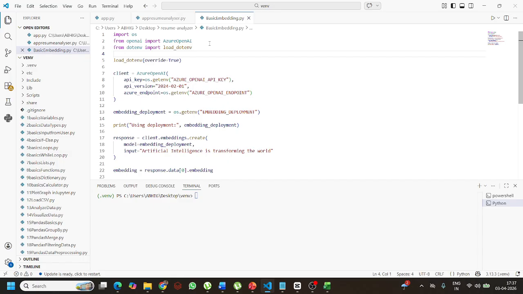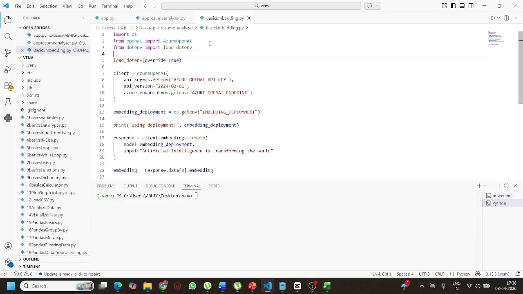That is the load_dotenv file override, by which we load the API key, endpoint and deployment name from the environment variable. Now line number 7 to 10, client AzureOpenAI, key os.getenv Azure OpenAI key, API